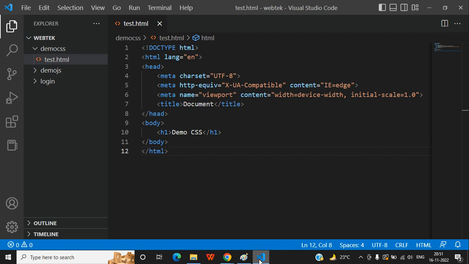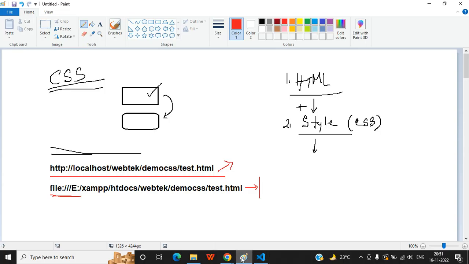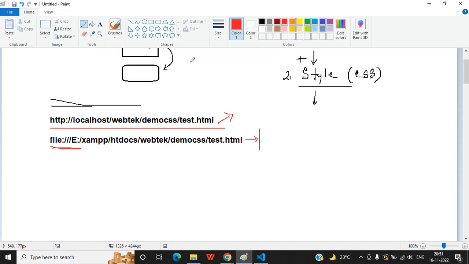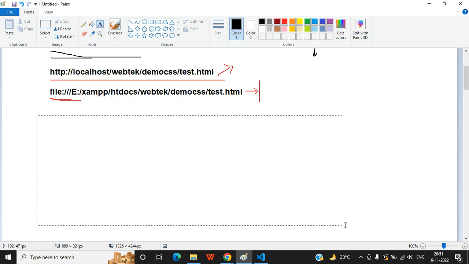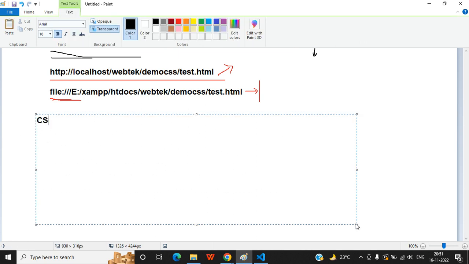So come here and let's start our CSS. Okay, let's do a basic theory of CSS. So what is that? CSS is basically of three types. I'm just typing it. CSS is of how many types? Three types. First is your